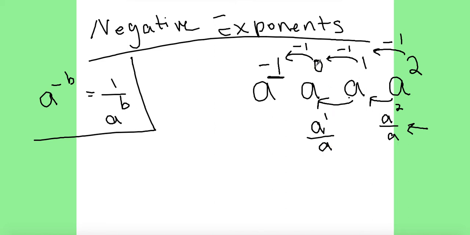Okay, that gives me a to the 0th power, which, as we know, is 1. And then we just keep our pattern going. Okay, this pattern is just going to continue. So I'm going to have a to the 0th, which is just 1,